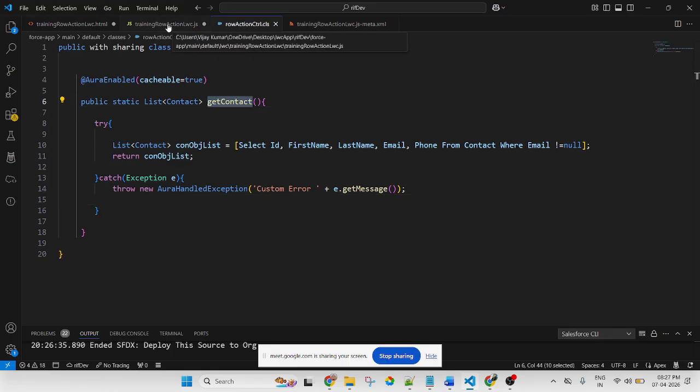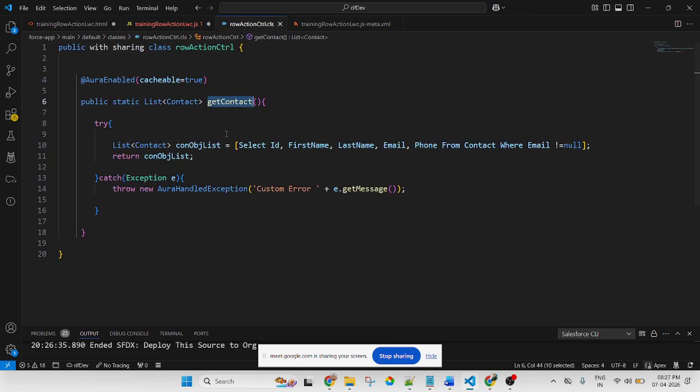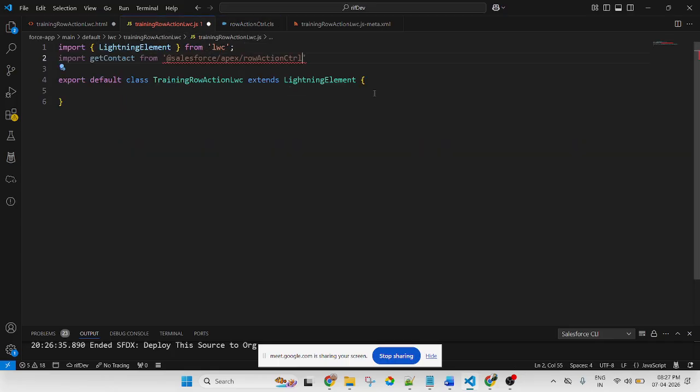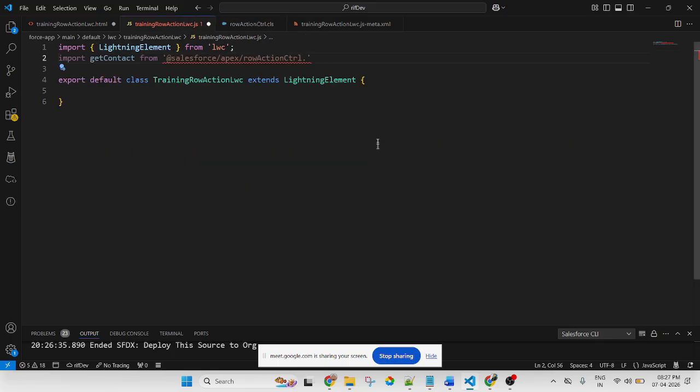So first go to JavaScript and import getContact from @salesforce/apex/ name of the main controller, which is the row action controller, dot name of the method. So this is the process to import the method in LWC.